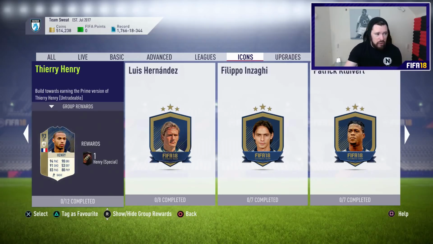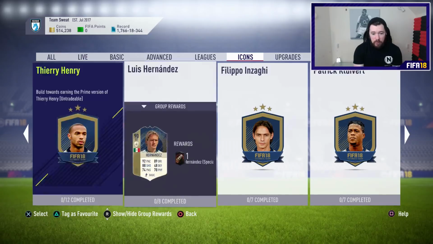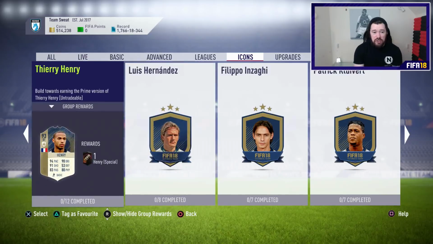But then Ronaldo, the reason why I've thrown Ronaldo into the hat is because Ronaldo's SBC is only 2.5 million coins. The difference between Henry and Ronaldo is literally just 1 extra icon or 2 extra icons, give or take, you know what I mean? Like 2.5 million for Ronaldo, 2 million for Henry. I sit there and I think, man, as much as I want Henry, for an extra 500,000 coins,